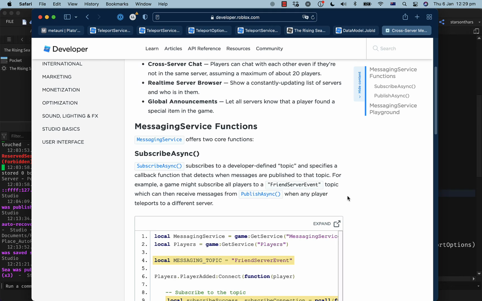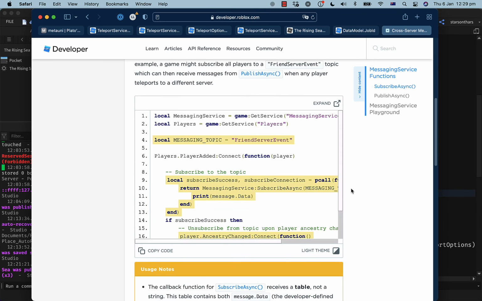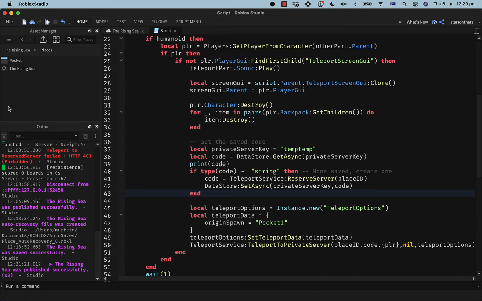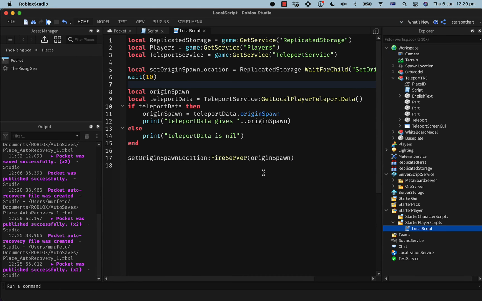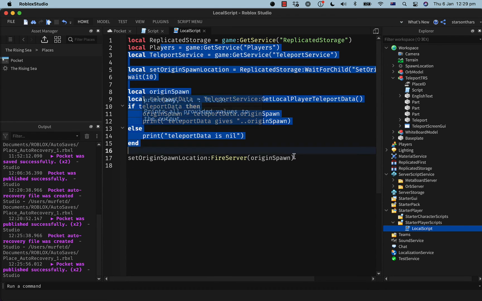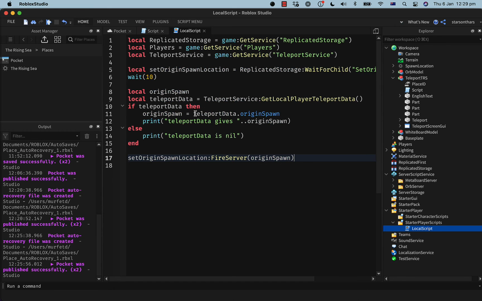Hey, you still going? Yeah, we're just about to stop so we can talk about other things. How'd you go? Well, yeah, not well. We don't see any obvious problem, but when we put on the client this local script that's supposed to get this teleport data, it just gets nil. So maybe there's something I'm doing wrong here.